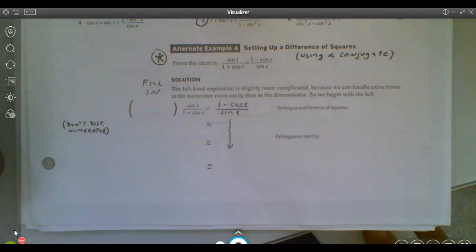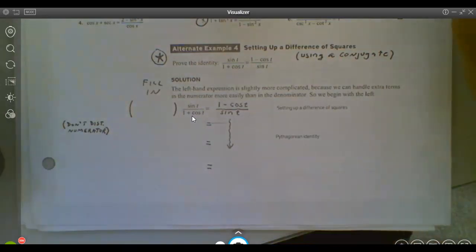And so what we're doing on this one is we are going to leave the 1 minus cosine squared side, the right side, alone. So we're just going to carry that one down. And our goal is to clean up the left side in order to make it look like the right side. So one of the things that we're seeing on this one is none of this fits an identity, right? Because none of my quantities are squared. I don't have a tangent or a cotangent that could be simplified,